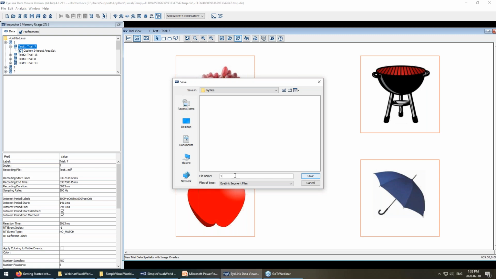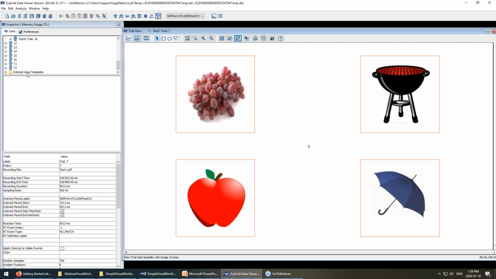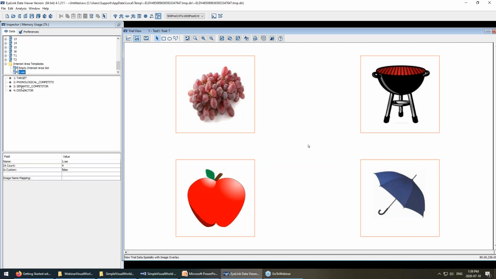But I'm going to call this like 1, and it will give it an extension .ias when I save it. And I'm calling it 1 because it's for identifier 1. Okay. And it says, do you want to add this as an interest area template? And yes, I do. Okay, so if we scroll down, now we'll see that that interest area template is now